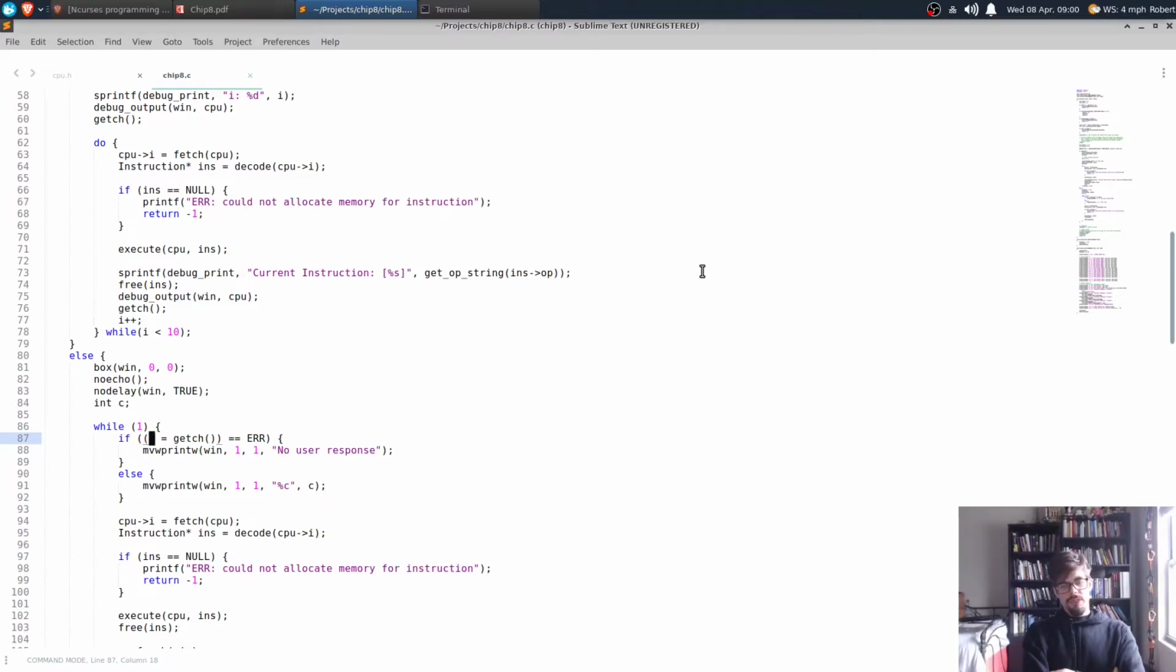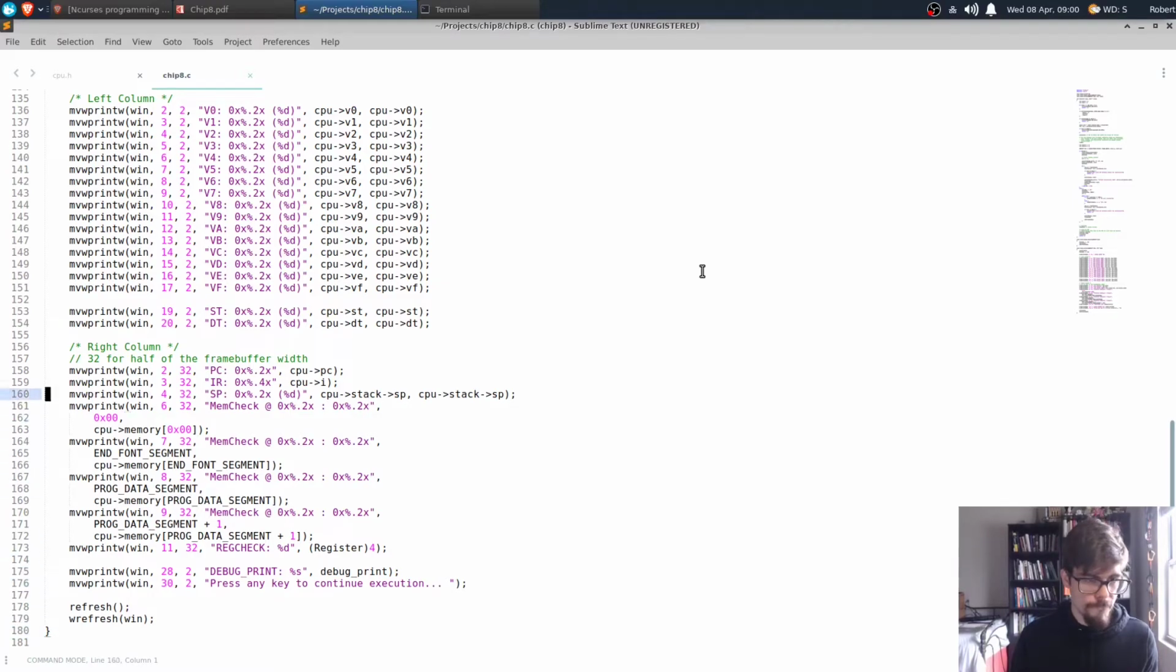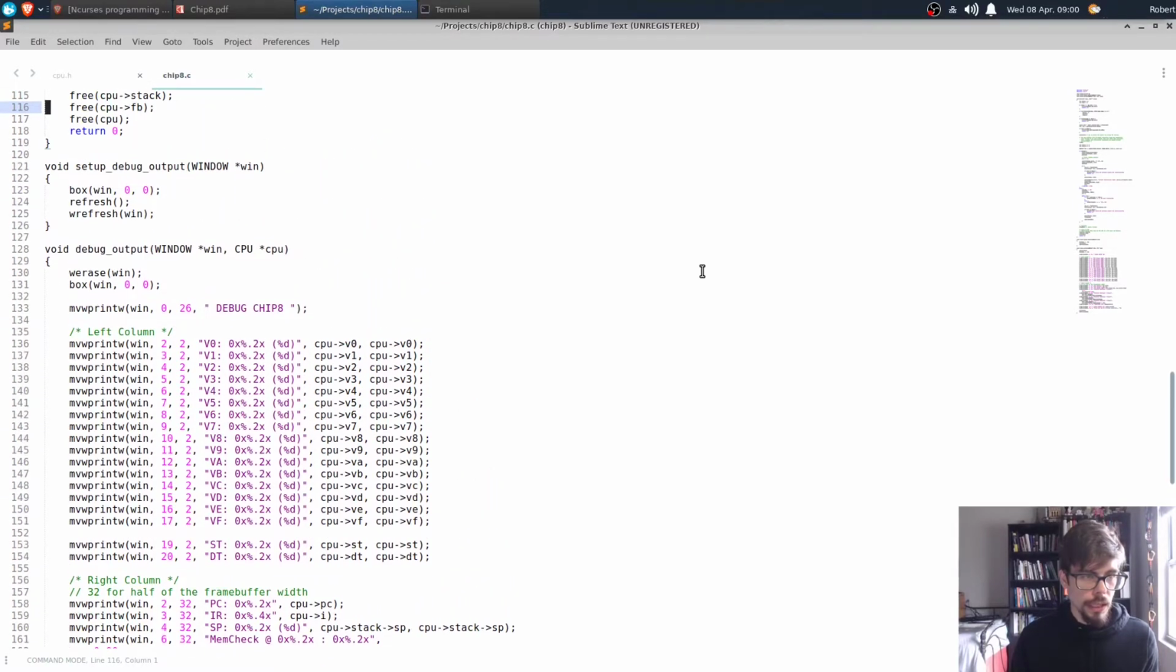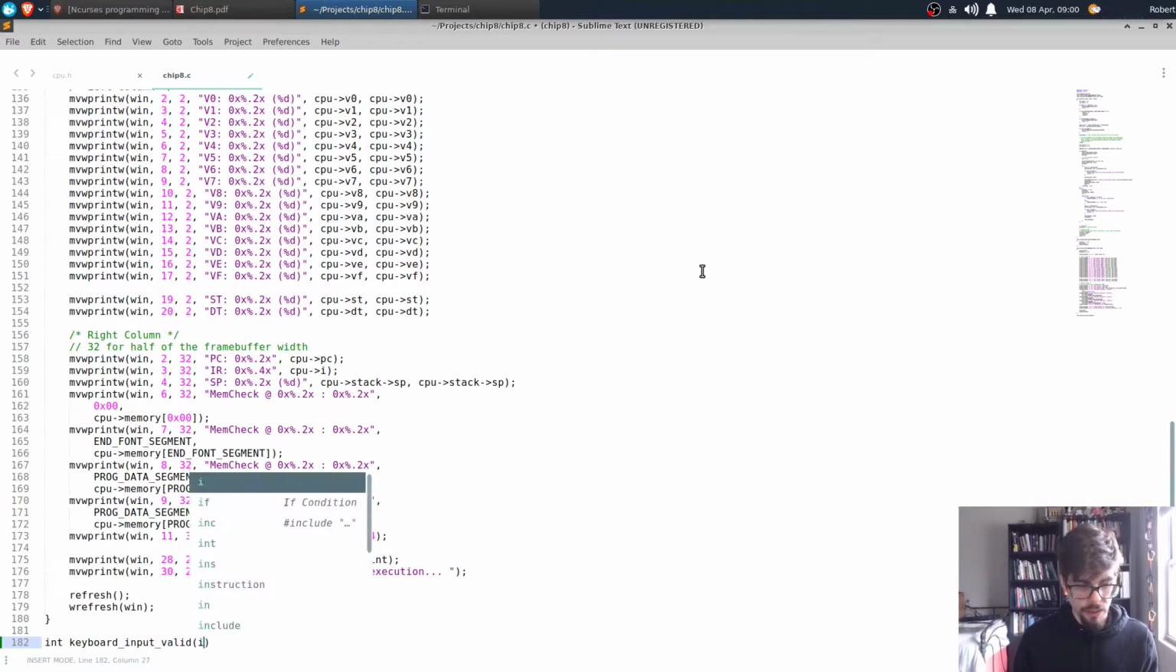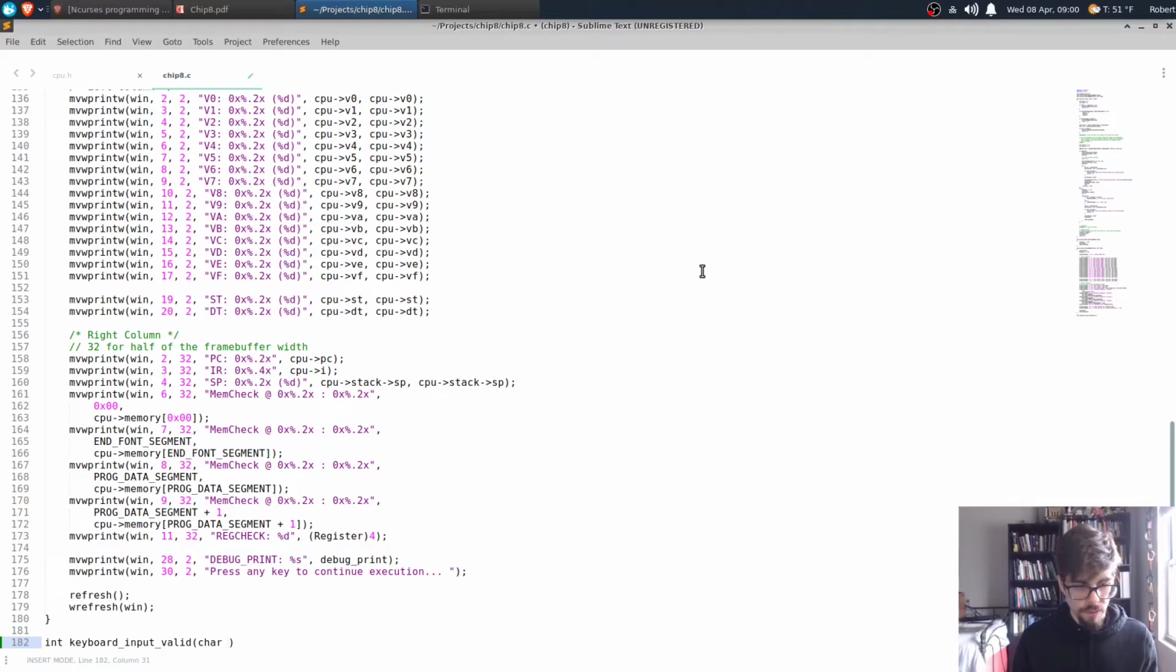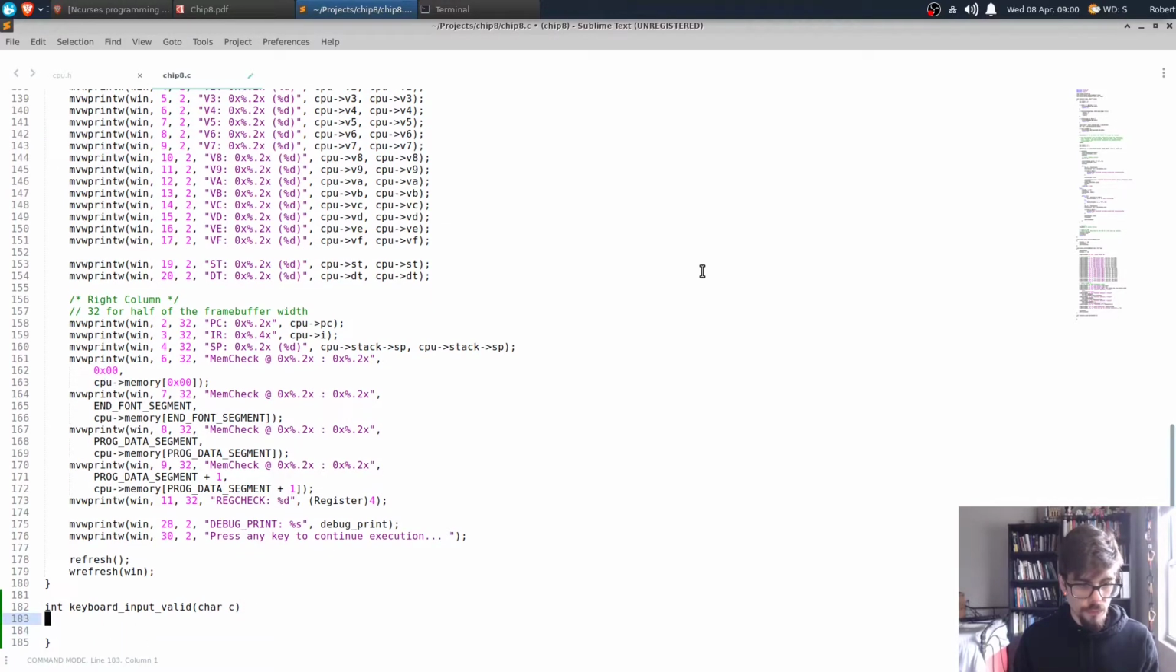So do we want a helper function? I'll basically check whether or not, that's actually really easy to do. We'll just do that. I'll just return it in. I should probably just define booleans, but this is fine. So if keyboard input valid, and I'll take in a character, and then what we're going to do is we're going to say that